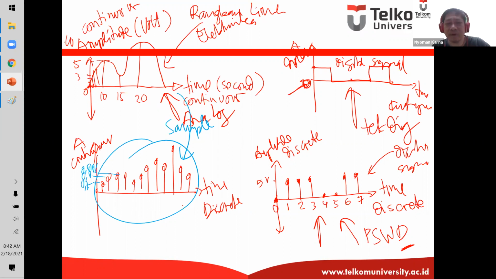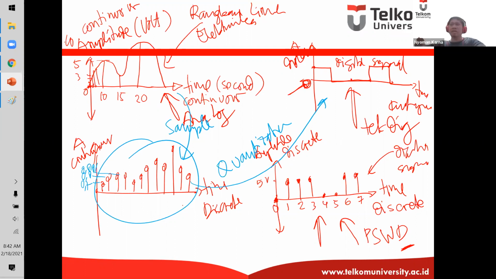After the sampling process, we have another process that we call quantization. It's the process to make the amplitude become discrete. So first, sampling is the process to make the time domain become discrete.